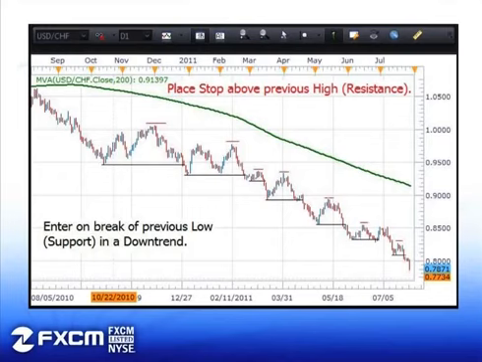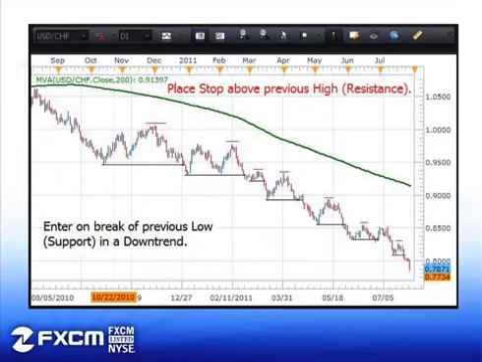Pair trades down, it finds support at this level. And then it starts to move to the upside. It stalls at this level, and it comes down and now prints a new low. This was the old low right there. Now it takes out that low and moves to the downside. This would be your entry point using this strategy. This is kind of a breakout type of strategy. It's breaking out below its previous support. And so the entry would be right there.